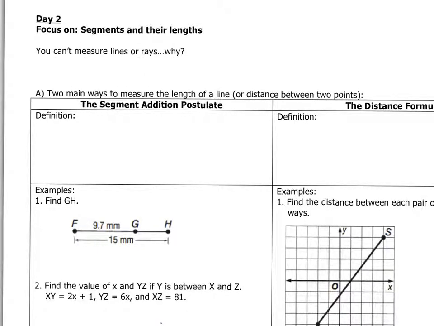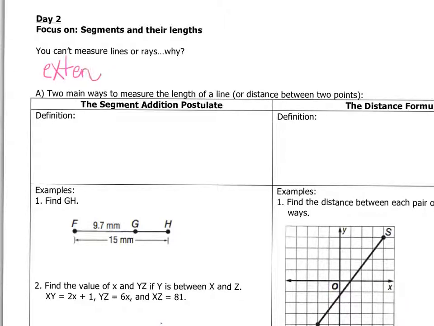Why can we not measure lines or rays? Garrett, why can we not measure lines or rays? They go on forever, but I think for lines, because there's two rays going on opposite sides. Okay, so what do you know? They would go forever. Exactly, we can't measure lines or rays because they both